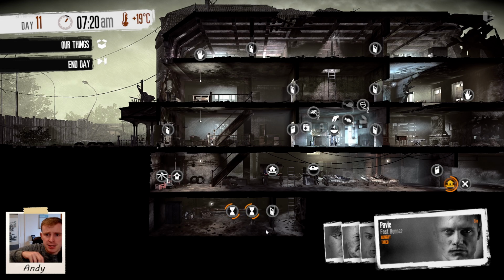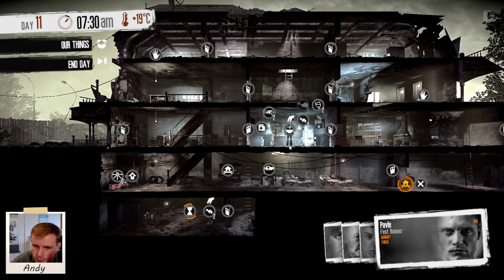We do have some bandages and some meds that we can use to then trade, which is always a very, very good thing to have. And we've even got more food. I mean, in the worst case scenario, we will be able to...